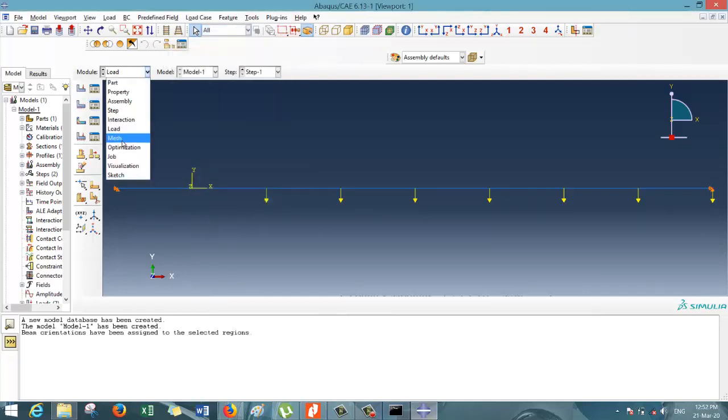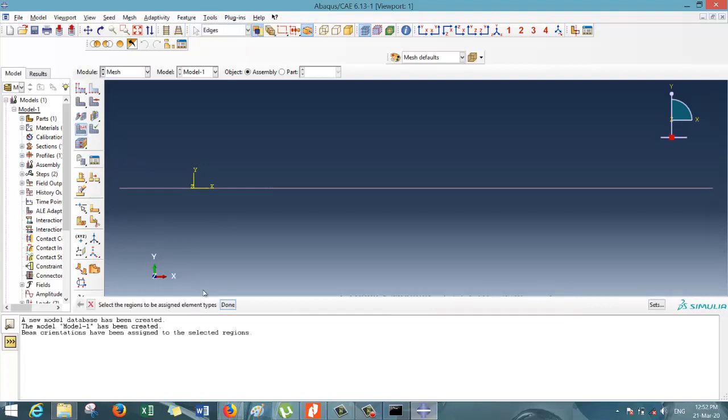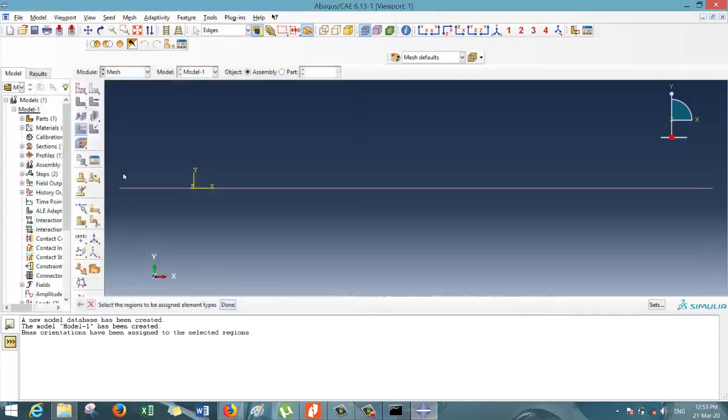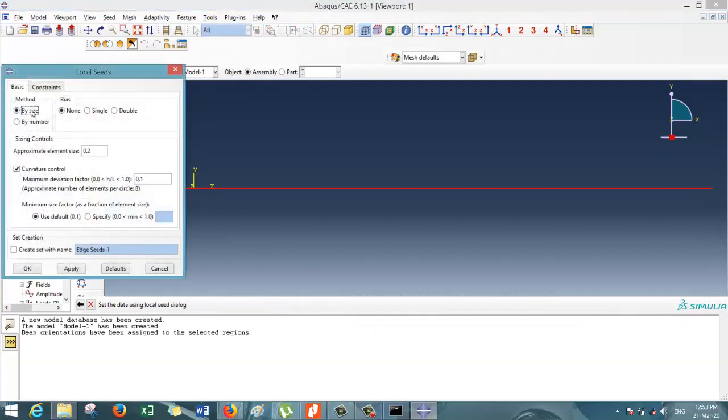Next go to mesh, define the element type, click on done, select it as beam, B21, a 2 noded linear beam element, click on OK. Next seed edges, select the entire beam by size.